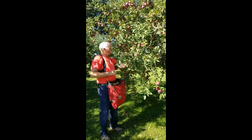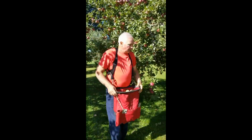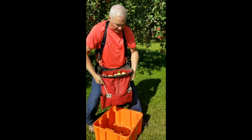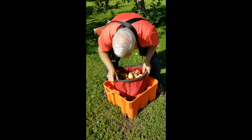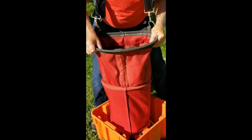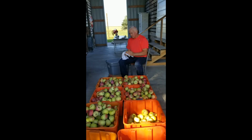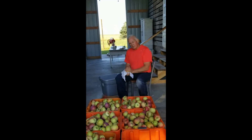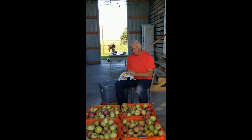What I have here will probably make about 5 or 6 bags to sell. Let's go over here, and I just very carefully put it in the bottom there, take my strings off, and very carefully put it in the bushel. I do spray them for pests, and so when I do, before I sell them, I do take a cloth,